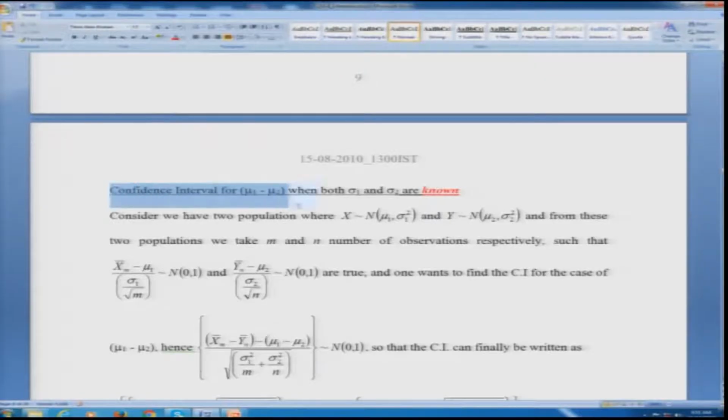Let me proceed, it will become clear to you. So, here is the background and now I am going to discuss. The problem is, I will highlight first, you want to find out something to do with the difference of the mean when both sigma 1 square and sigma 2 square are known. Okay, just hang on. So, here what would be relevant for you is that first to discuss the concept of